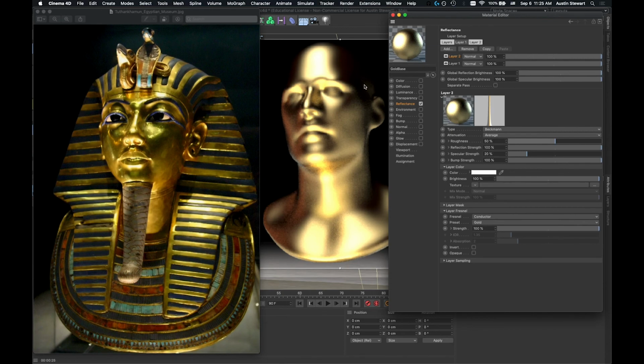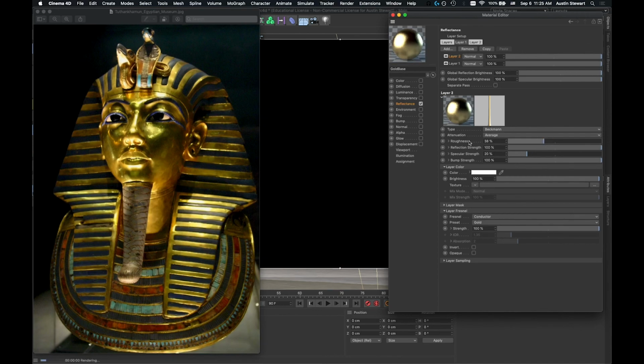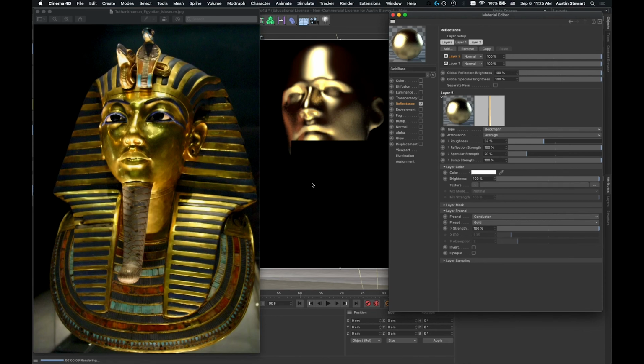And similarly over here, I might need to adjust my lights. They're a little narrow, so I might want to make those broader so that I get more of the head evenly illuminated. But that's something we can adjust in a little bit, and it doesn't really matter while we're starting to build this base material. Now I would say a roughness of 50% might be a little bit steep, so I'm going to drop that back down to 38%. And this way now these gold areas are a little bit sharper,